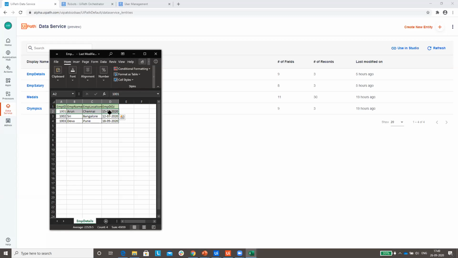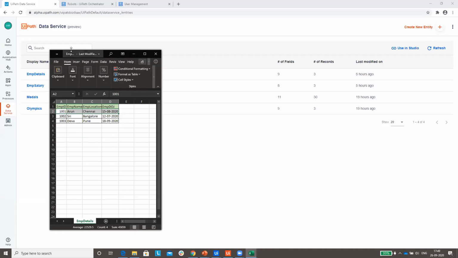But here we have different data types: one is an integer, another two are text or string, followed by a date. So we create our own structure, and that particular structure we call an entity.